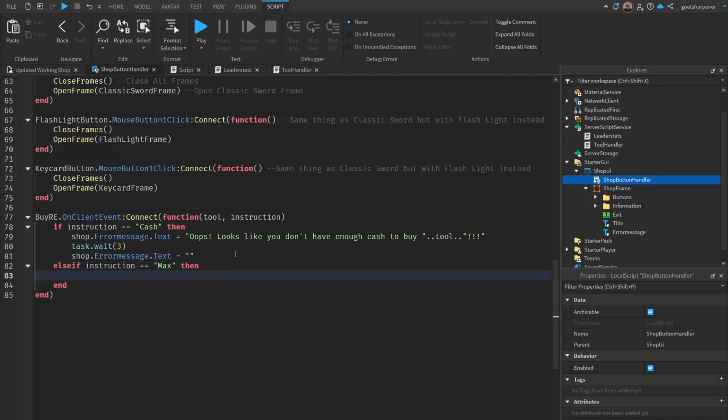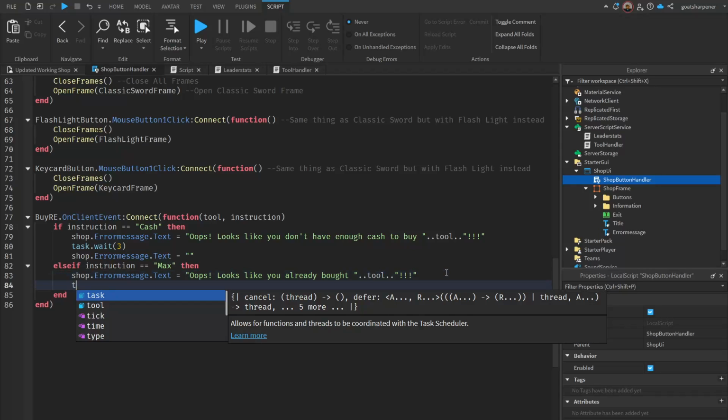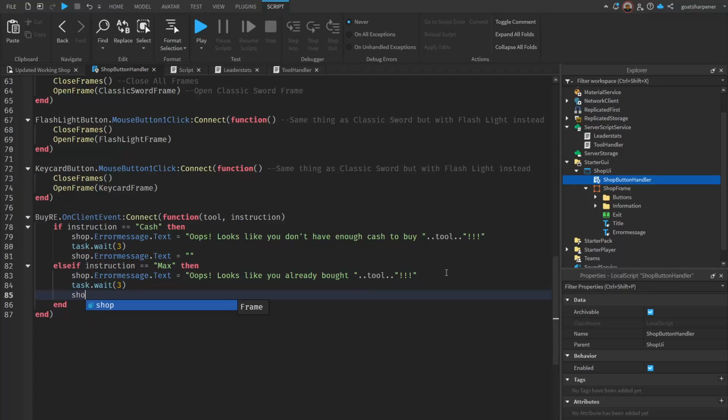Then over here we can do shop.errorMessage.text equals to, and then put in quotation marks, and this is going to be your error message for buying the maximum amount of items. So we could write something like, oops, looks like you already bought, and then put in a space, put in two dots, once again, just a tool dot, and put back the quotation marks. So oops, looks like you already bought, and it'll put the tool, and then we can put in our exclamation marks. Once again, task.wait 3, and then